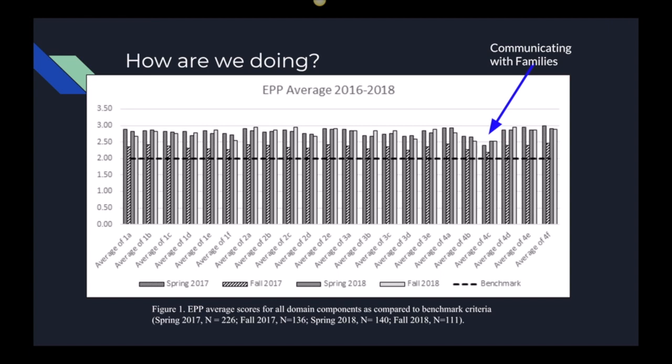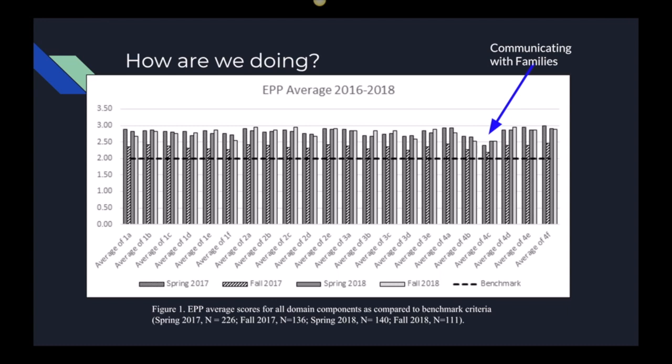And then the other thing that I've highlighted here is there is definitely a dip in 4C, communicating with families. We talked about this at opening day in August with our mentor teachers. This is an area that we want to continue to think about with our interns. How do we get them to be more familiar with this, get more practice at this,